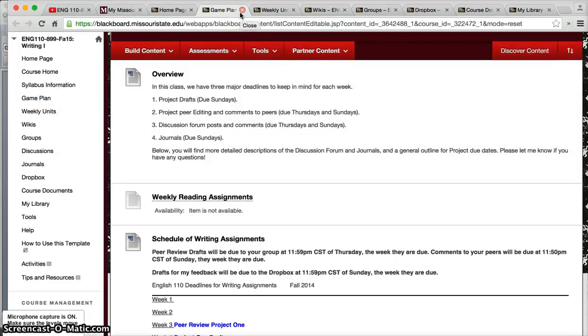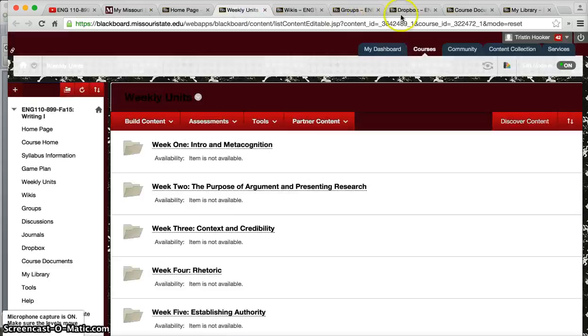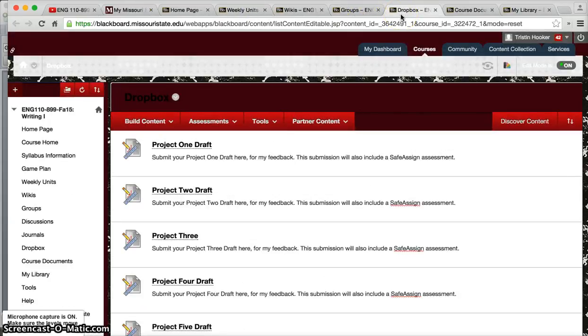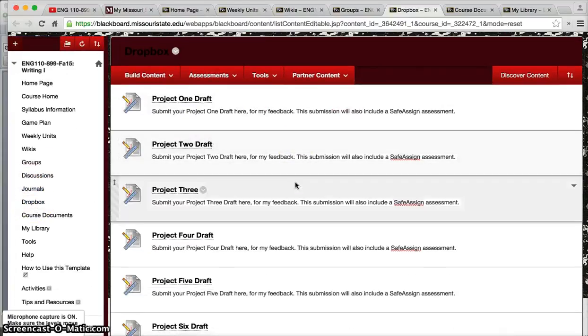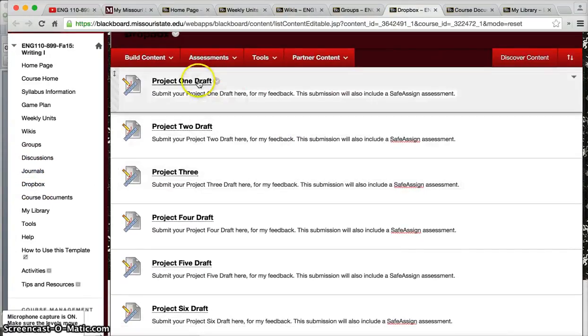The one thing I didn't go over that is touched on in this game plan tab is the Dropbox, where you will submit all of your assignments to me for my feedback. Again, that is over here on the left-hand side. So in week 4, when you have to turn in project 1 to me for my feedback, so the first time you turn in a project, you'll come to the Dropbox tab before Sunday of that week. You'll click on project 1 draft,